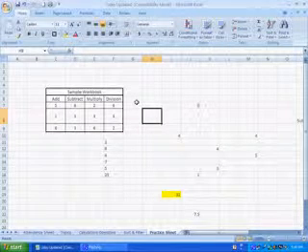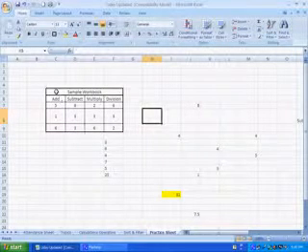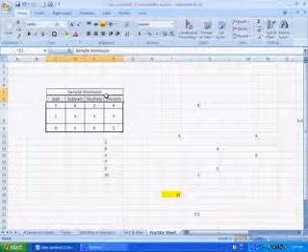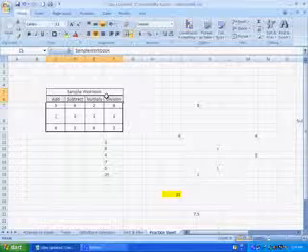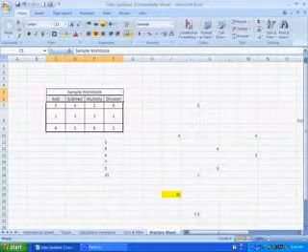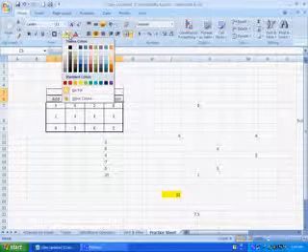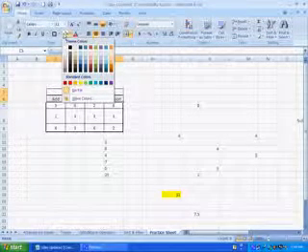Suppose if I want to add background color for my header, I will select header. Here one bucket sign is there in home tab. You have to select any color.